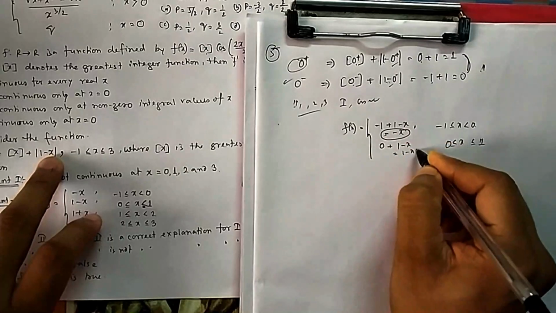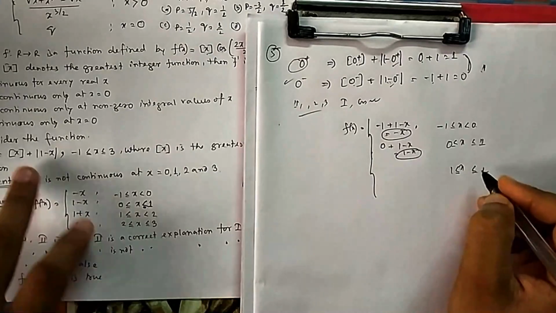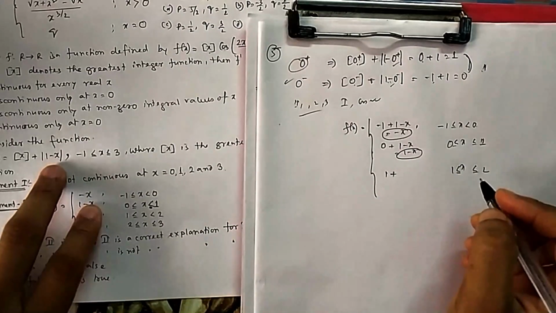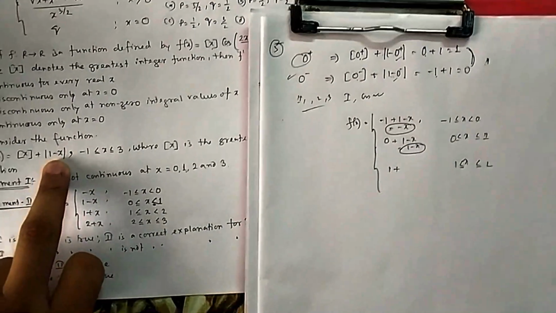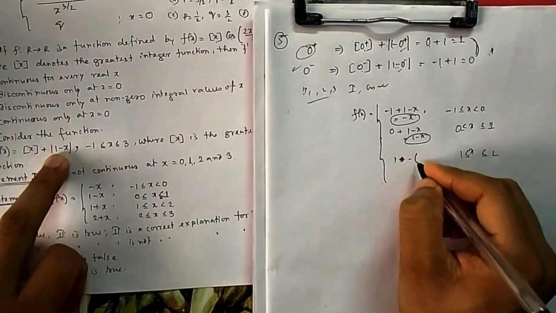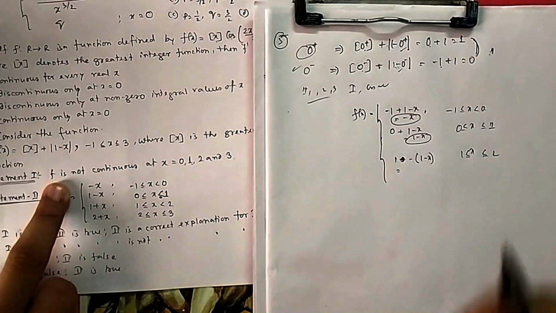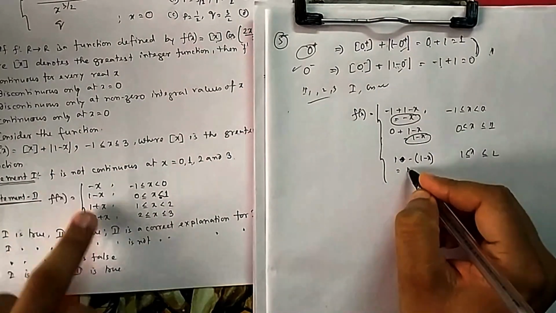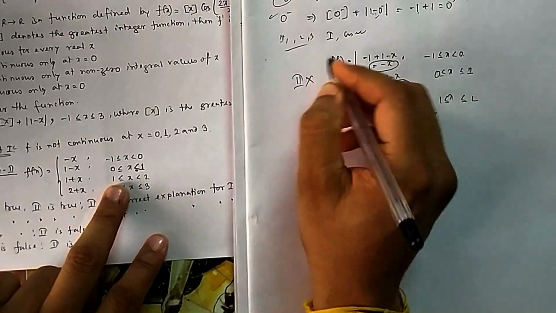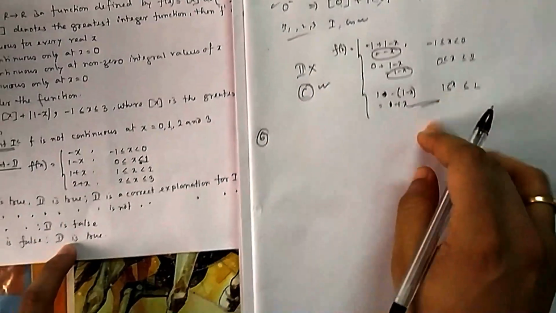Okay, this is the first one, this is the second one, this is also correct. Next if you go for 1 to 2, anything between 1 to 2 in this box, your output will be 1, and in this one, going from 1 to 2 means you are going more than 1, that means negative will come. To remove this negative, I have to give one more minus to remove this mod, because if it is negative inside, you put one more minus and the mod work is done. So it is 1 minus 1, 0, so it is plus x. So you can say it is not correct. Obviously 2 is wrong, so 1 is correct, 2 is false, that is your option C. I am not going further, you can complete it, but no need.